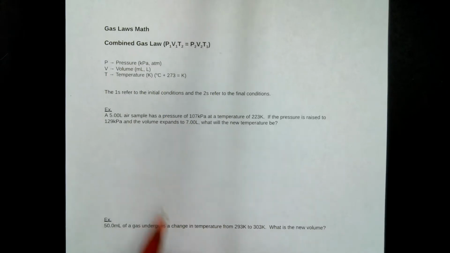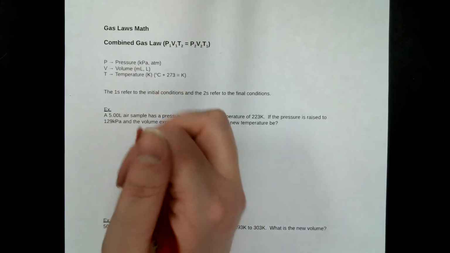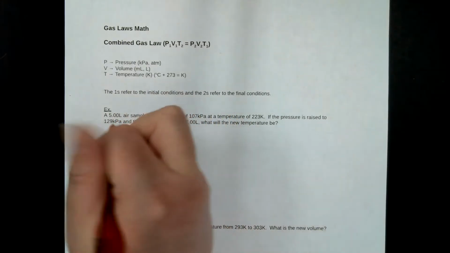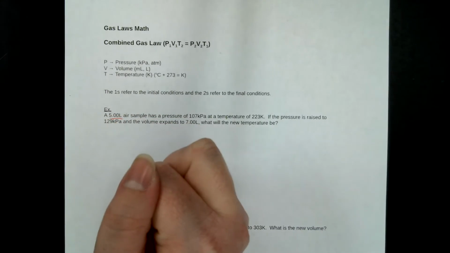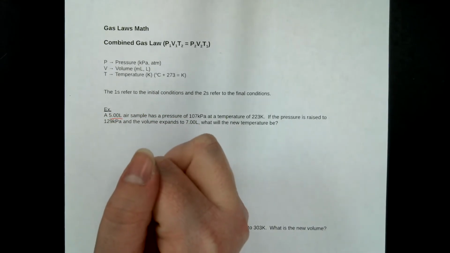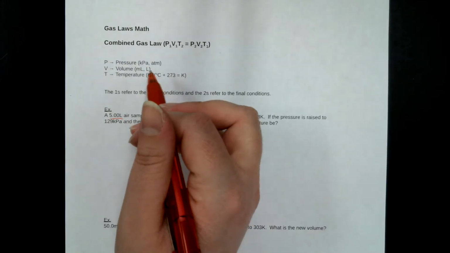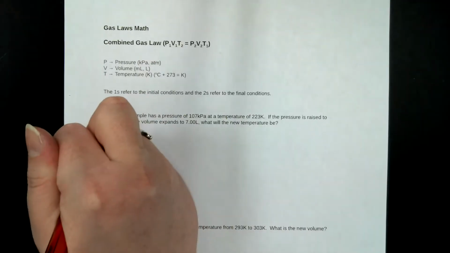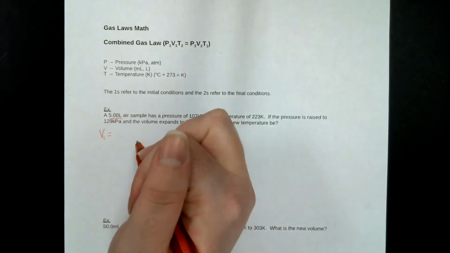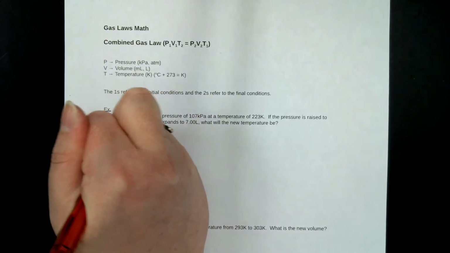So the first thing I'm going to do is list my givens. The first given that I have is 5.00 liters. Now, because this has a unit of liters, that tells me that this is a volume. More specifically, this is volume 1, my initial volume,